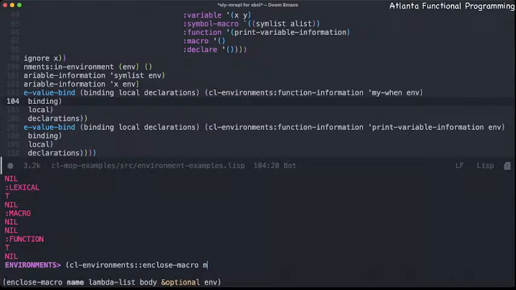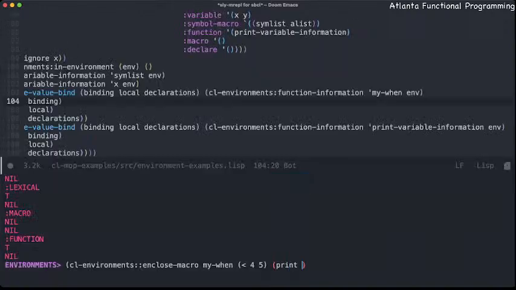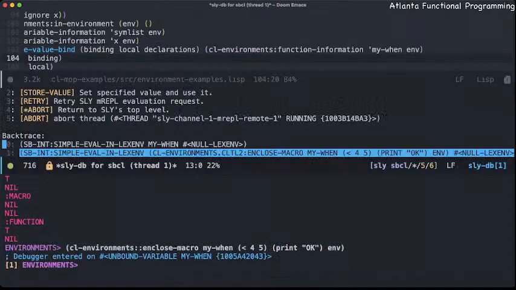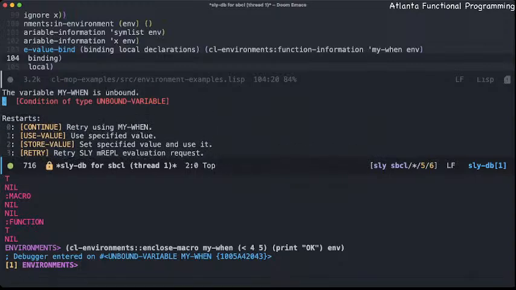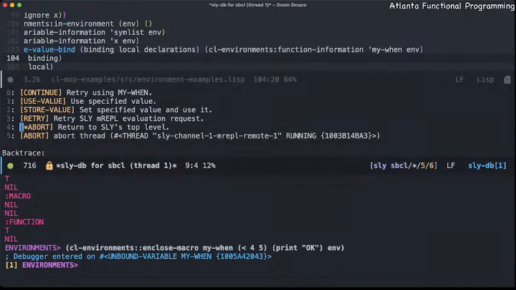Macro name, let's say it's my when. Our lambda list, which is what we are passing into my when. Let's say that it is, or something like that. And let's say that we are print okay for our body. Okay, and now we have our env. And this is going to complain saying my when is unbound. But it,